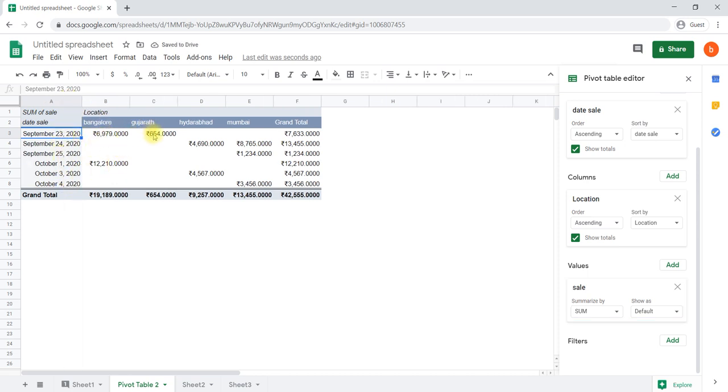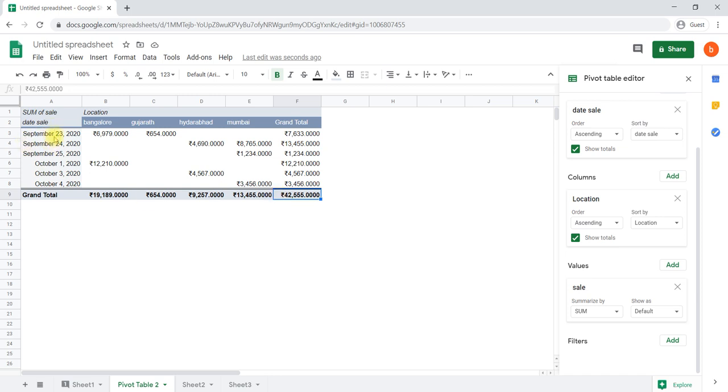Date wise totals are given here, and location wise totals are represented here. And this is the grand total sales of the company. So this is the way we can analyze the entire data by using a pivot table.